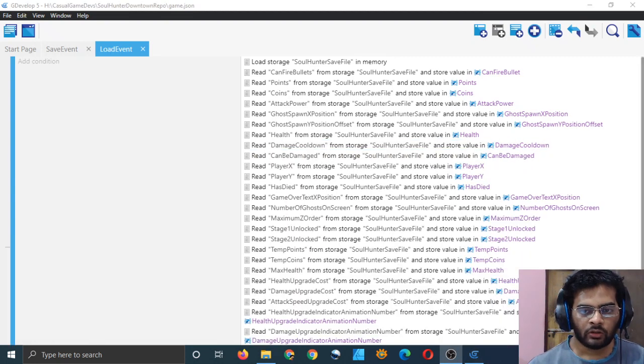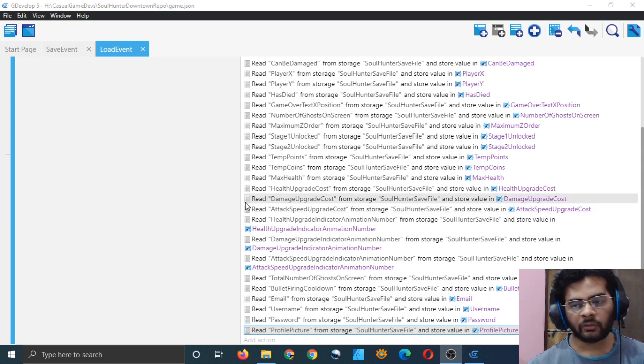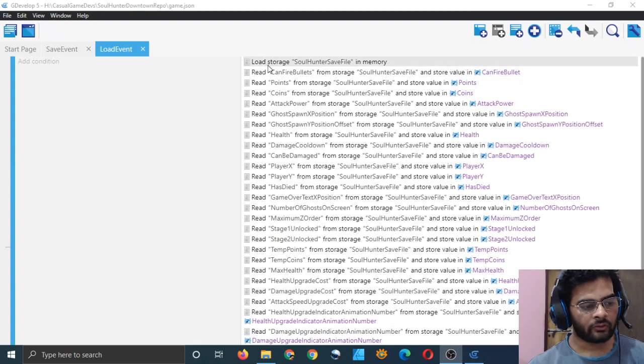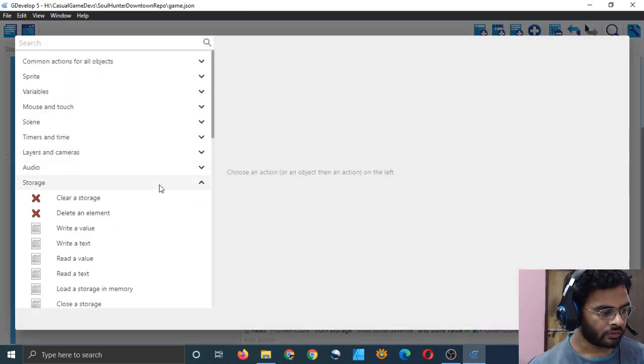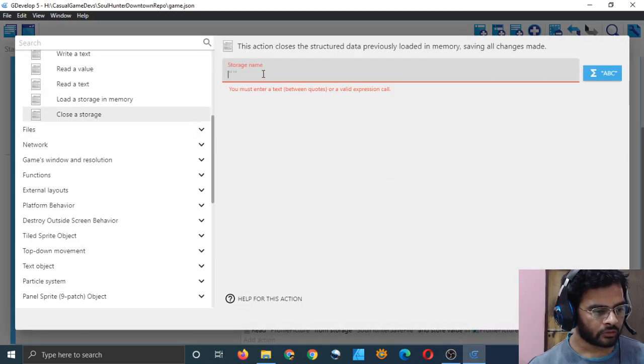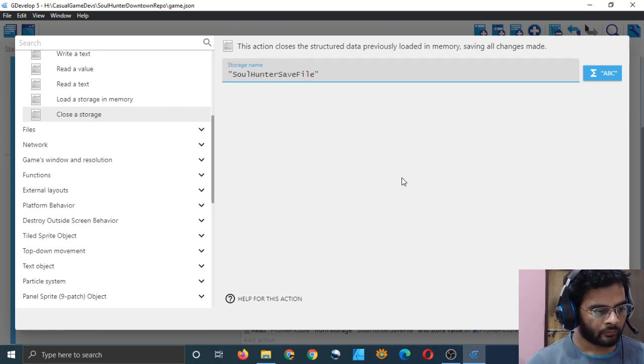So now I have written this command for every variable. So what we have done here is that we have read the value from the file and stored it in our scene variable. So now we don't have any use for the file, so I will close the file, add an action again, close the storage, and that is tool hunter save file.